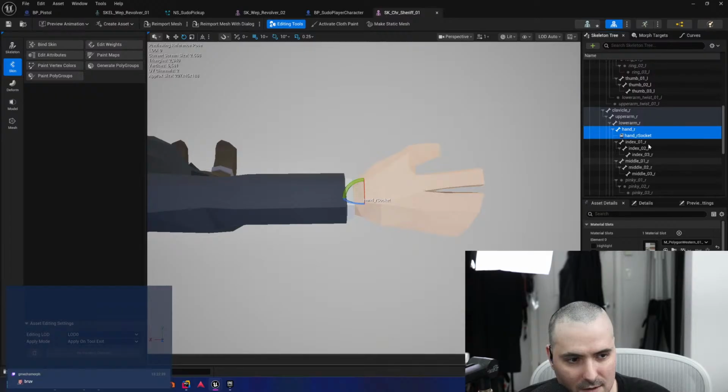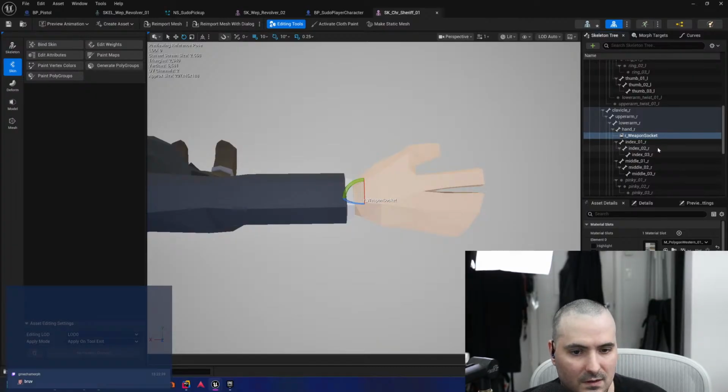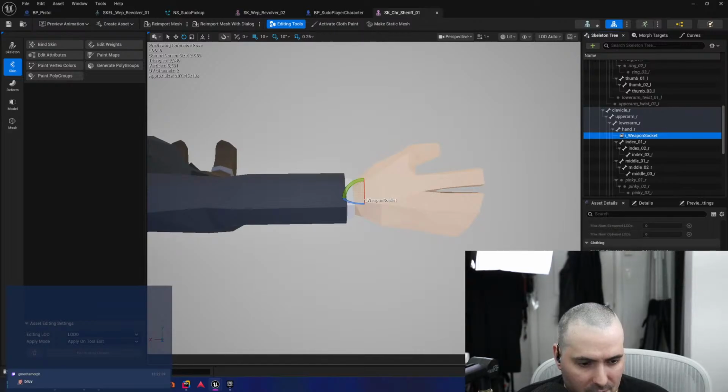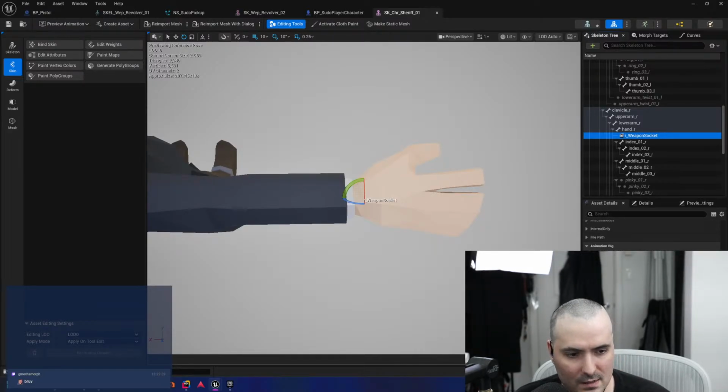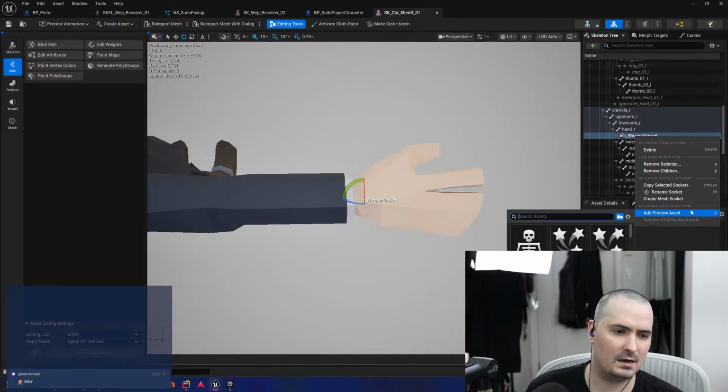Add a socket. Weapon socket. And then there's a way to demo this. Add preview asset.